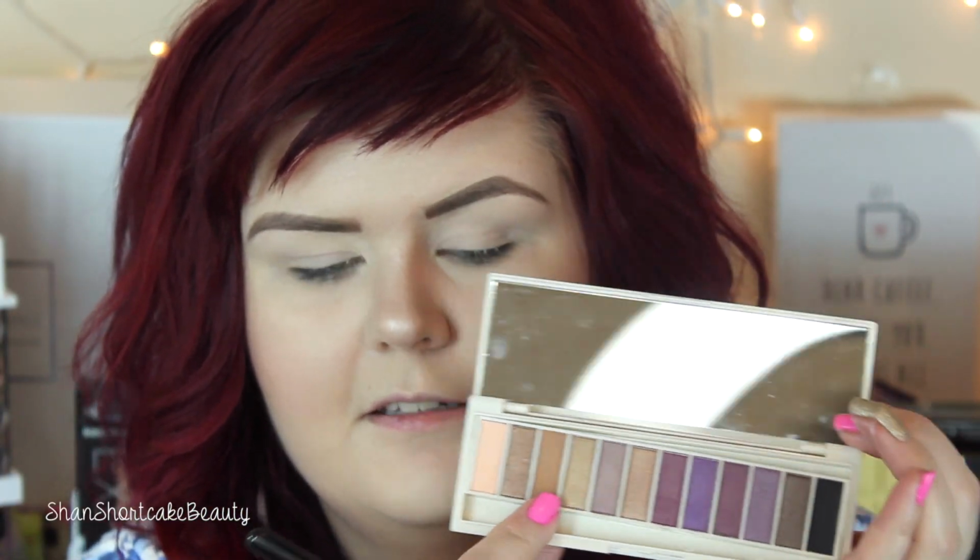There isn't a brow bone highlight. I'm just going to set that primer potion with a face powder then, because normally I would use whatever the matte cream shade is in the palette, but there's not one, so I'm just going to set that. So I'm just going to take the matte brown shade in the palette, this little guy right here,